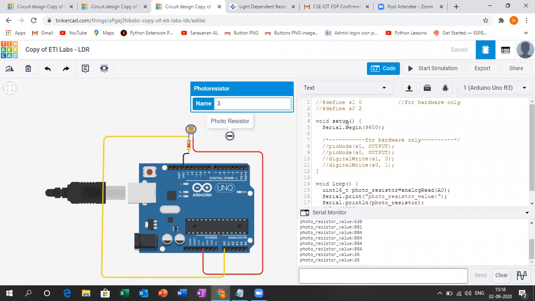First, I discuss the simulation part, and then after that, I discuss the hardware part, the additional part. So, in the fourth line, I used